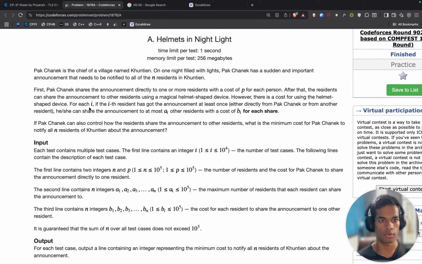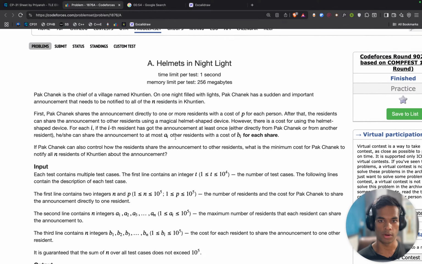However, there is a cost for using the helmet shaped device for each resident. If the ith resident has got the announcement at least once, either directly or from another, he/she can share the announcement to at most AI other residents with a cost of BI for each share. If Park can also control how the residents share the information to other residents, what is the minimum cost for Park to notify all the residents of Kunti about the announcement?